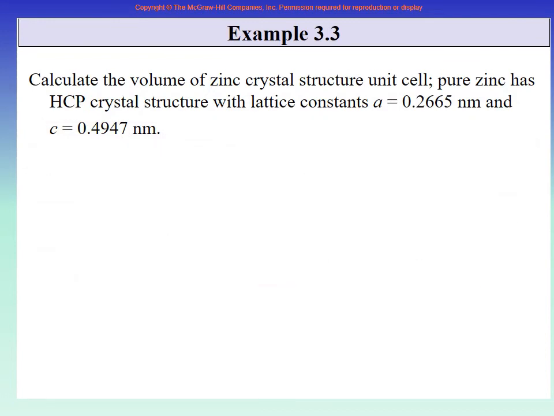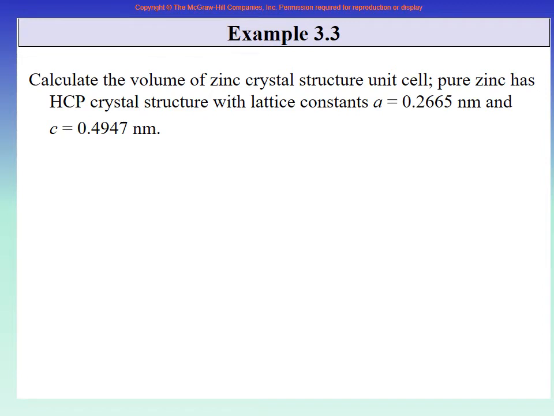So now again your favorite activity, do an example. Calculate the volume of zinc crystal structure unit cell. Pure zinc has HCP crystal structure with a lattice constant of A equal to 0.2655 nanometer and C equal to 0.4947. So again, you should try to pause my lecture and think how you will do it. Go to a pencil and page and do it yourself. So if you have to find the volume for zinc, where zinc is HCP, so first we should find an equation or some expression for the volume of any HCP.